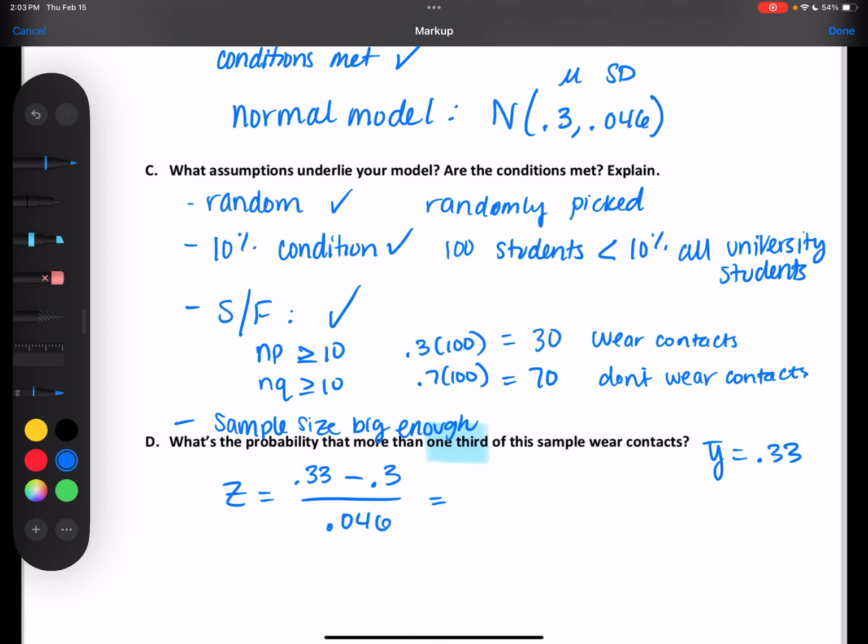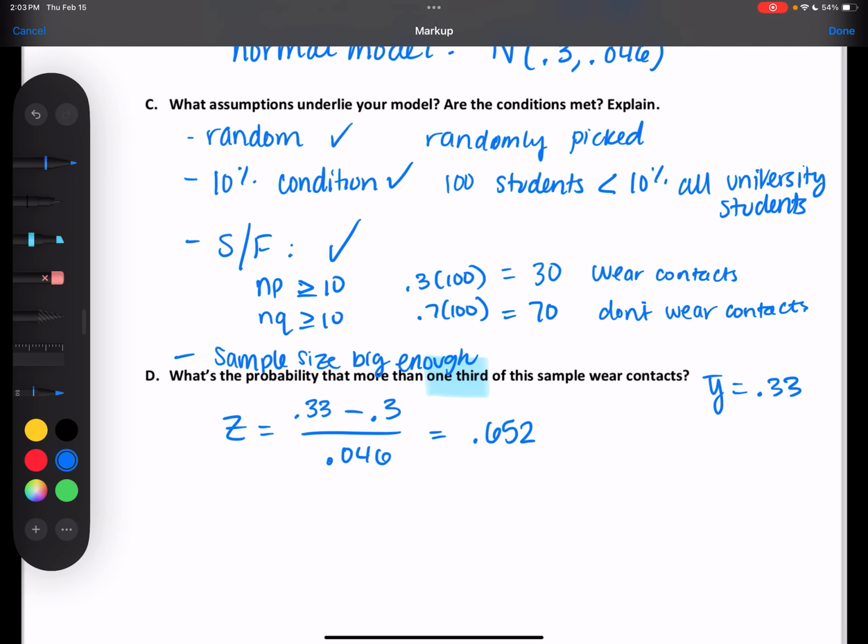0.652. Yeah, one time somebody had given me 0.725. No. I don't know how you got that. I don't either. I don't know. So this would be that more than 1/3, so that would be the probability for Z being greater than 0.652,